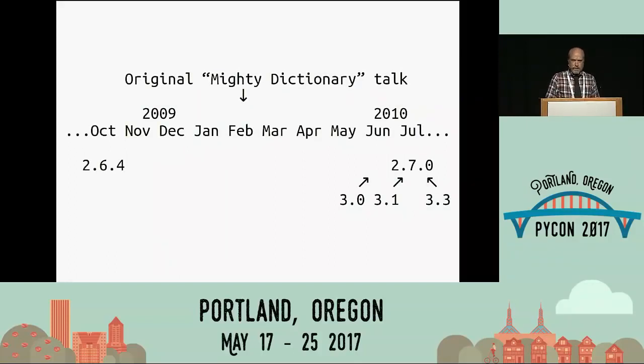I chose, it turns out in retrospect, an interesting moment to do the original Mighty Dictionary talk, February of, right at the beginning of 2010, months before 2.7 went final and came out. That means that my original talk purely looked at the dynamics of the hash table, didn't talk at all about the improvements that were just about to arrive as Python 2.7, the last hurrah of the 2 series, quickly pulled in several innovations from the Python 3 series to make them at the last minute available in the last version of 2. So none of those were covered in my original talk and will be covered now.